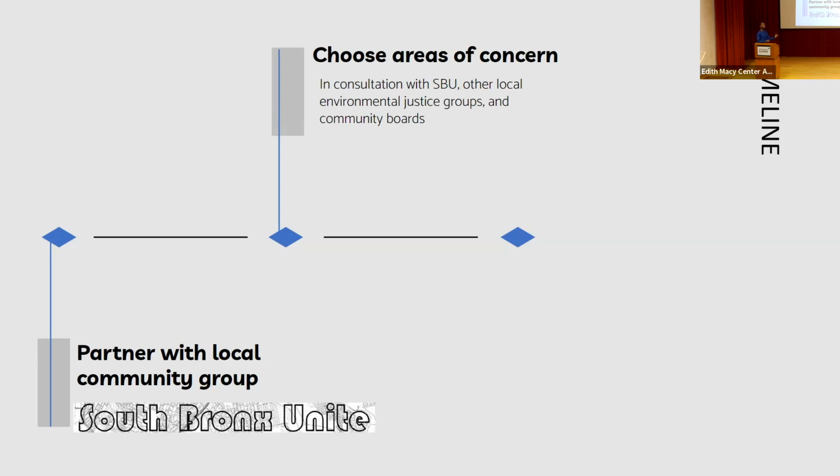Usually academics, faculty, you design the entire initiative, you're working on responding to the proposal. You're like, oh, let me get a letter of support from a community-based organization. No, what we did is at the very beginning, as we're designing the project, we engaged South Bronx Unite. And our thinking was, even if we can't get them involved with this particular NOAA solicitation, we'll get them involved in the future. We're starting a relationship.